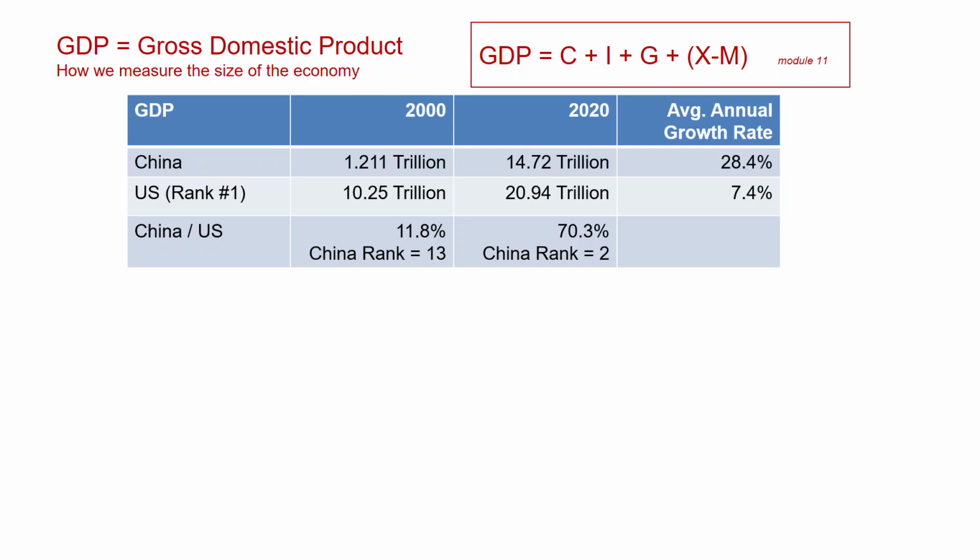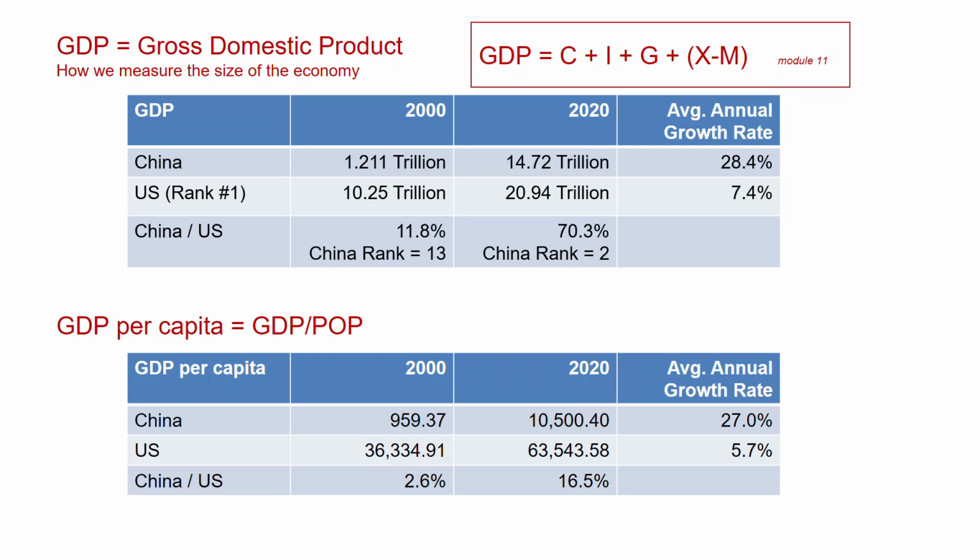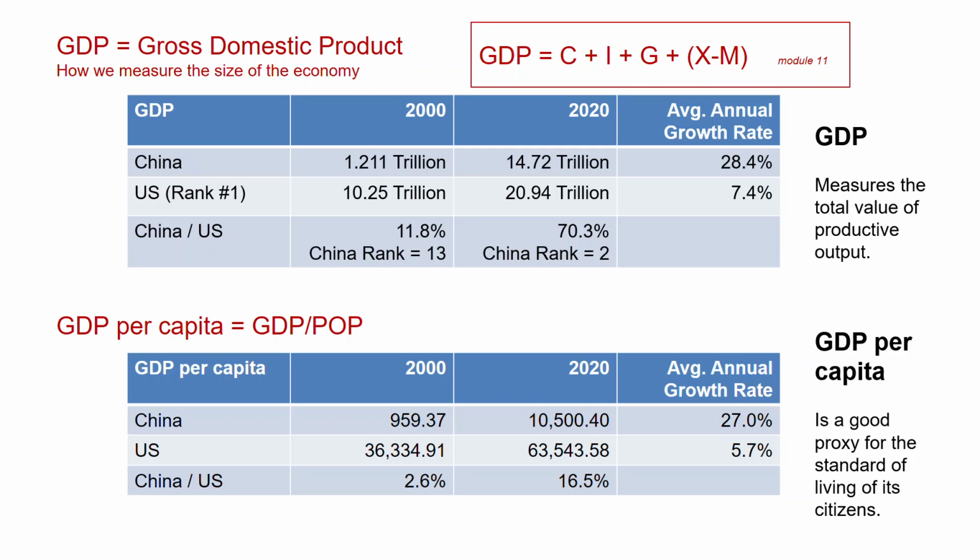Okay. Now, this says China is the number two country in the world in GDP, in the size of the economy. It's the second largest economy in the world. That's absolutely true. But what if we divide GDP by its population? We get GDP per capita, a really good measure of the standard of living. So what happens here is we see that currently the U.S. standard of living, if you took the size of the economy and divided it by the population, every resident gets about